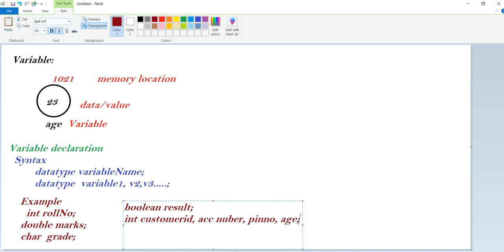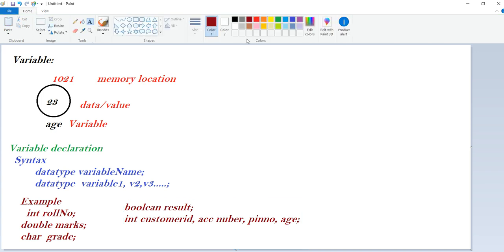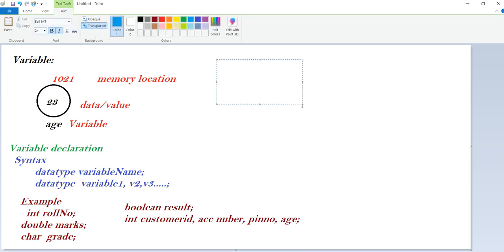But if I don't give any value, like age 23, then each and every data type has some default: byte 0, short 0, int 0, long also 0.